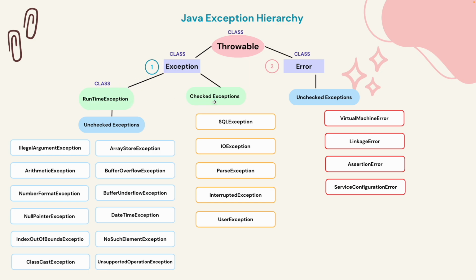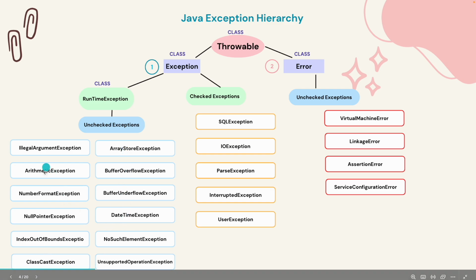because it is checked at runtime, not at compile time. Examples of unchecked exceptions are illegal argument exception, arithmetic exception, number format exception. These are the exceptions, and if you want to go through all of them, then you can Google it or